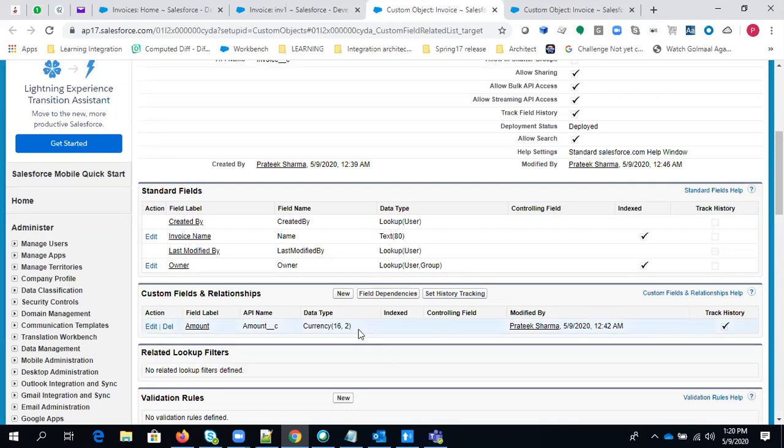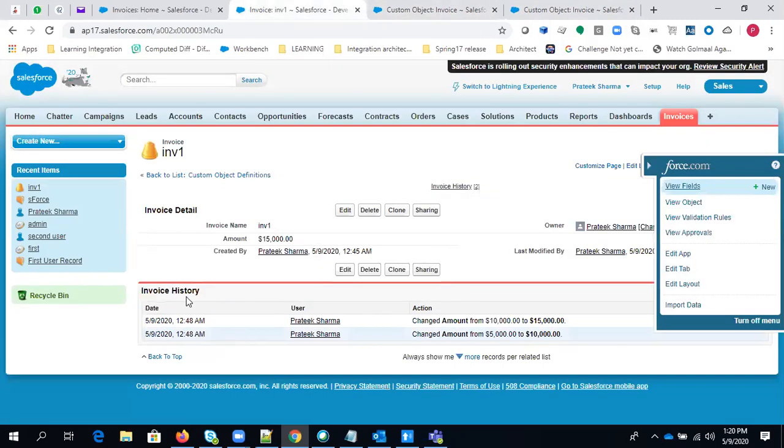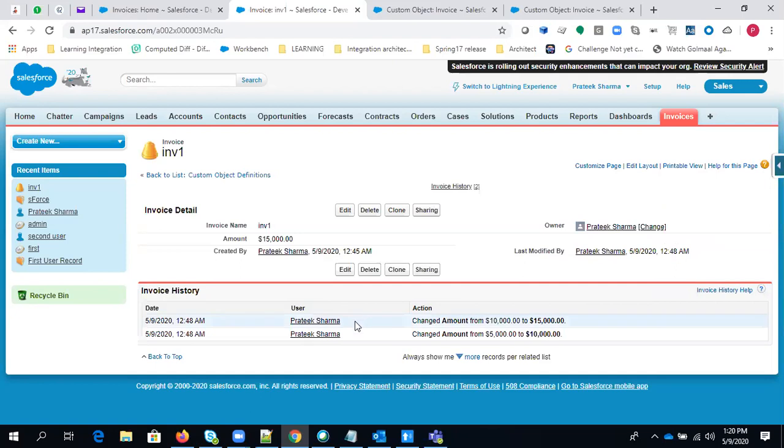You can simply check that checkbox and save it, and you will get all the history in the invoice history related list. So this is how you can do that. As we have only checked it for amount, it is only capturing the amount related changes. So this is how you can set up field history tracking.